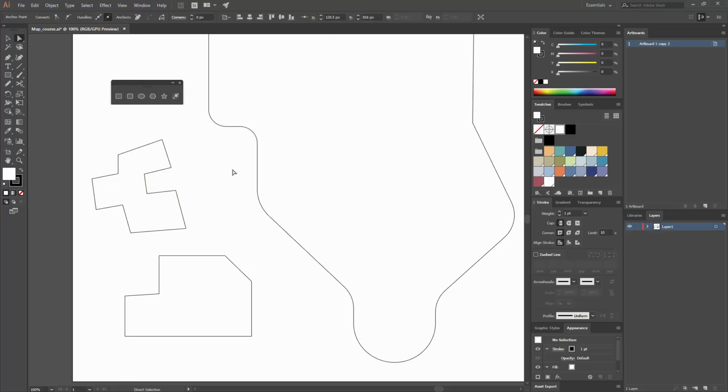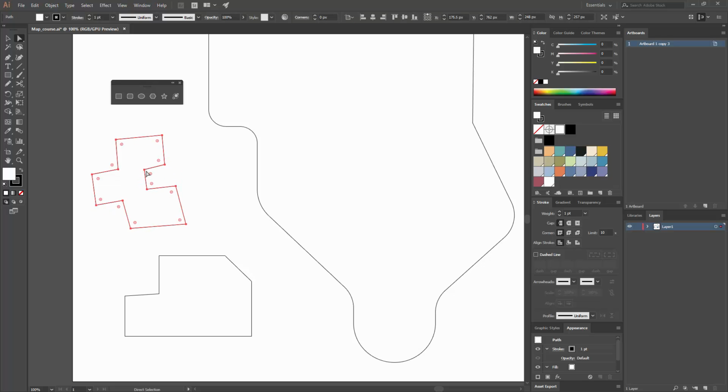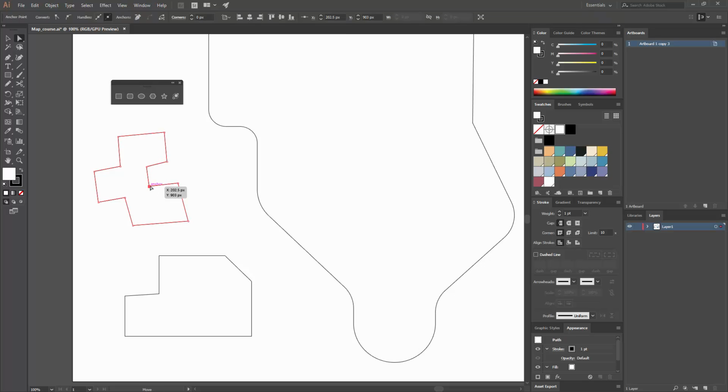So I'm going to do it like this, and again you can go to the direct selection tool here or press A on your keyboard, and then you can also move your points around. For example, if you don't like something because you think it is not working quite well,